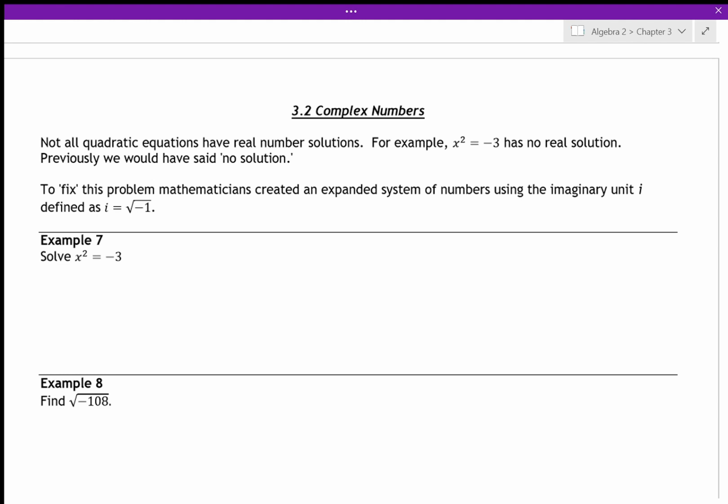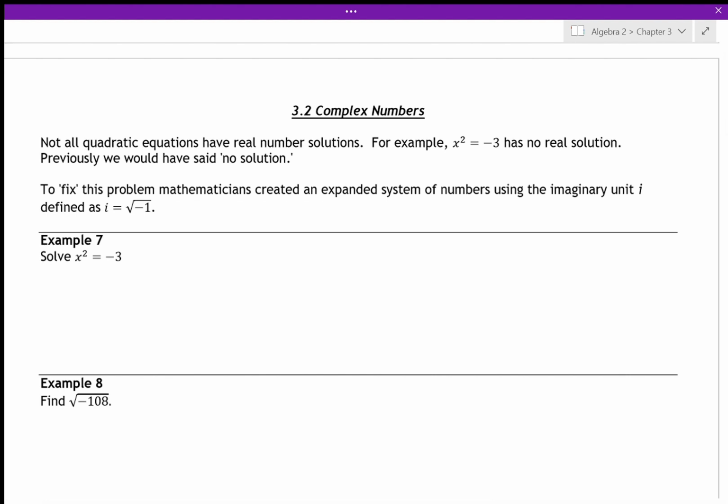All right, we're looking at Chapter 3, Section 2, Complex Numbers. Now, there's lots of videos about complex numbers, and they will explain it a whole lot better than I will. So I'm just going to show you how to complete the problems. If you want to know more about what complex numbers are, how they came about, that kind of thing, I would just go on YouTube and search up complex numbers, and there's surely to be much better videos than how